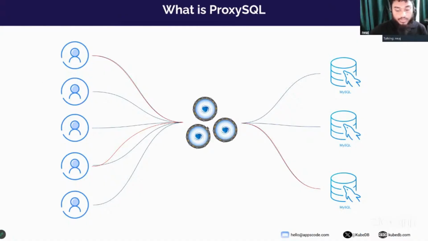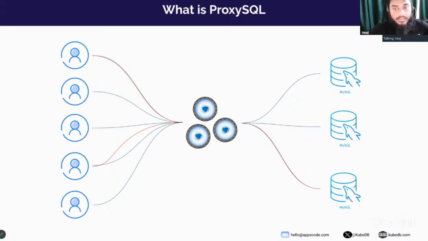So some of the use cases of ProxySQL are like connection multiplexing. There are different numbers of connections which will go to ProxySQL, and ProxySQL will open a fixed number of connections to the database end. So front-end connections are multiplexed into fewer backend sessions, which drastically reduces the database connection overhead and improves the throughput. And for query caching, it is also a very powerful feature. In-memory caching of query results will actually reduce the repeated database hits and accelerate the response time for frequently executed statements. It also has query rewriting support, and for high availability and failover, it